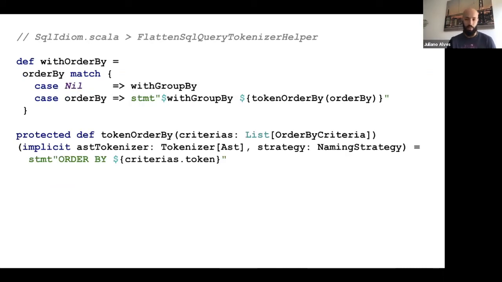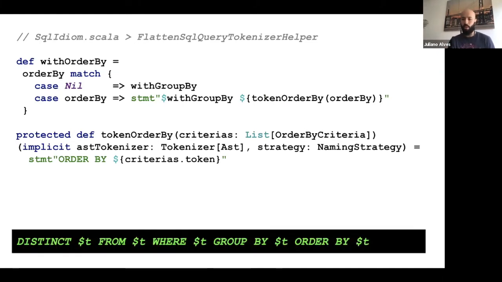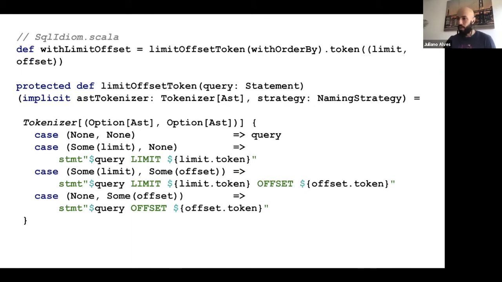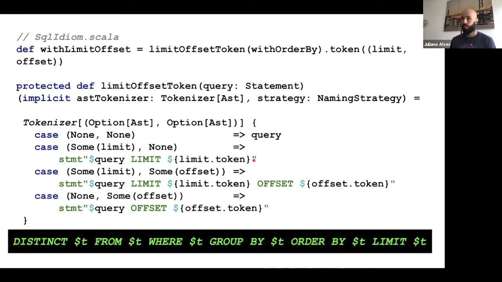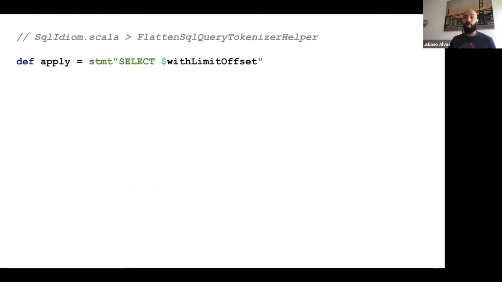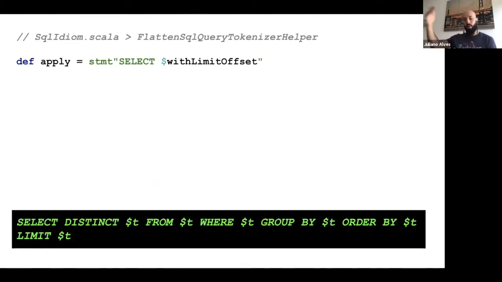Then we have order by. As you can see, order by has a specific method here to evaluate the criteria. And then we have our select statement with an order by. We will have our offset as well. Let's say that we get this one here with just limit, without offset, for instance. That will generate this SQL statement at this point, without evaluating criteria, fields, everything else. Last but not least, we have our select, a very simple one at this point, meaning that we have a select distinct from where group by, order by, limit, and so on and so forth. That's what the tokenizer does.